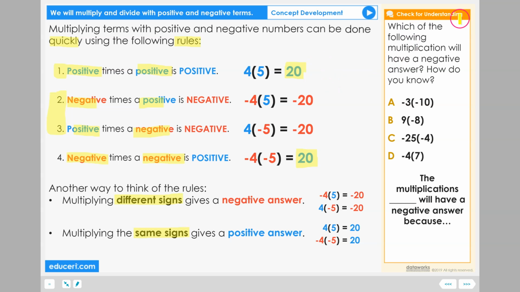Let's check for understanding. Which of the following multiplications will have a negative answer? How do you know? Multiplication A, negative 3 times negative 10. Multiplication B, positive 9 times negative 8. Multiplication C, negative 25 times negative 4. Multiplication D, negative 4 times positive 7. The multiplications blank will have a negative answer because